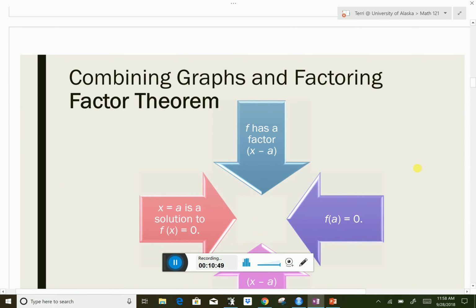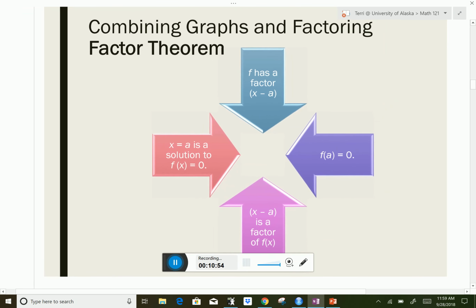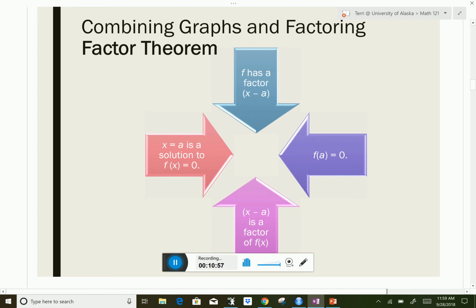Okay, so let's talk a little bit more. One of the important factors in algebra is the factor theorem. So all of these things, I've drawn this little chart to basically say that all of these things are the same thing. So f has a factor x minus a. So we have some function of x, and if that function of x can be factored as x minus a times some other stuff,